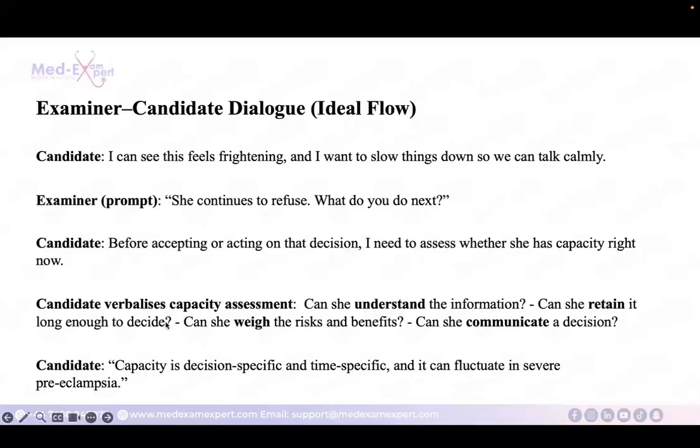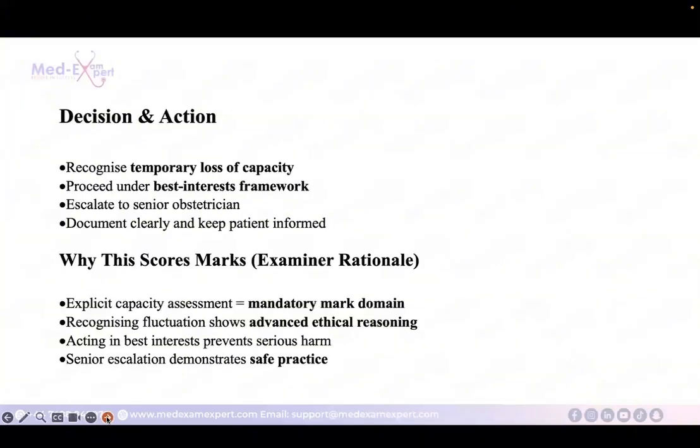it can fluctuate in severe preeclampsia. And I wanted this from you, and you said it in the end, that yes, you will inform your senior consultant or whoever. But if the patient is still refusing and you said, "I'm not going to give it if you don't want to take it," that's not the answer. You would be waiting for her to go into a full eclamptic fit. In this situation,